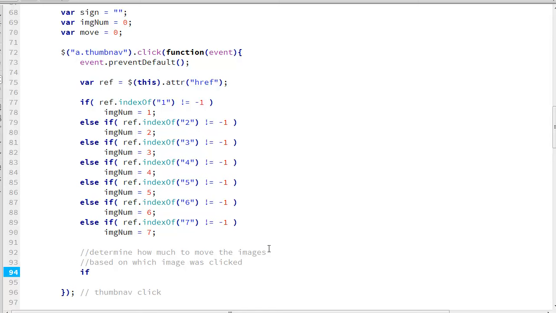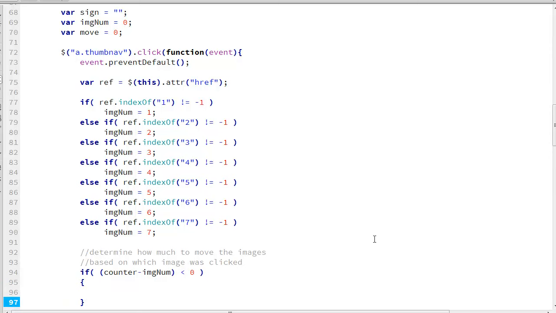We're going to create an if, and in that if we are going to say counter minus the image number, if it is less than 0. Now I want to make sure that this counter minus image number happens before the less than. So I'm going to group them together. So if the counter minus the image number is less than 0,